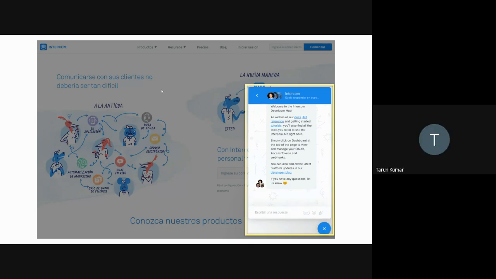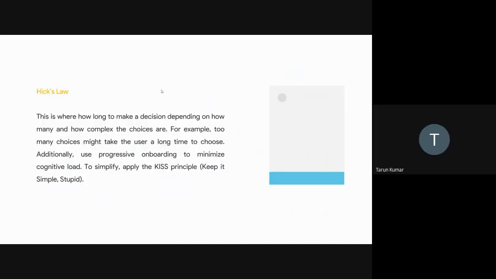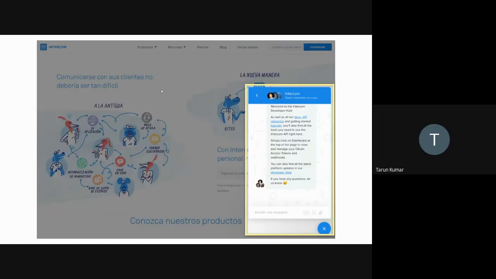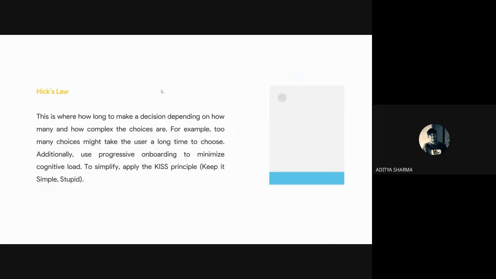Right. So this is one design effect. Now the second one is Hick's law. Basically, you follow this law if you want to get some attention like this. Second is Hick's law. So Hick's law says that users are likely to